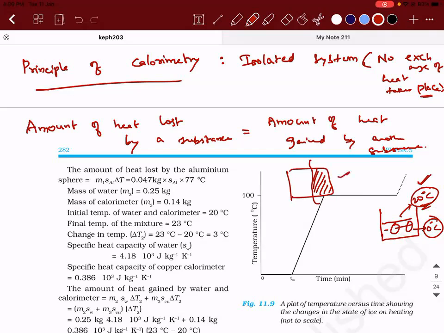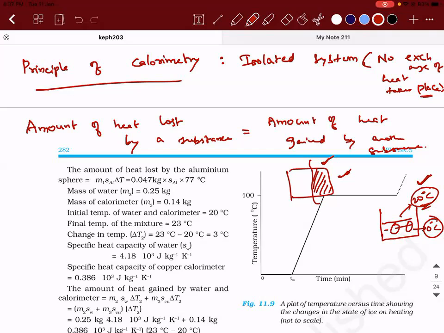Then the water that has got converted will start having a rise in temperature. Where is the rise in temperature happening from? It is from the hotter substance, because the hotter substance has the tendency to transfer heat to the substance at lower temperature. So when it does, the temperature of the colder body is increasing, means the colder body is gaining heat and the hotter body is losing heat, and this process will stop when there is something called thermal equilibrium